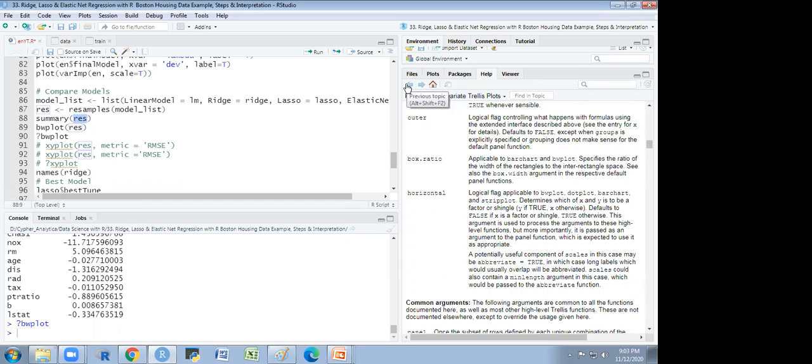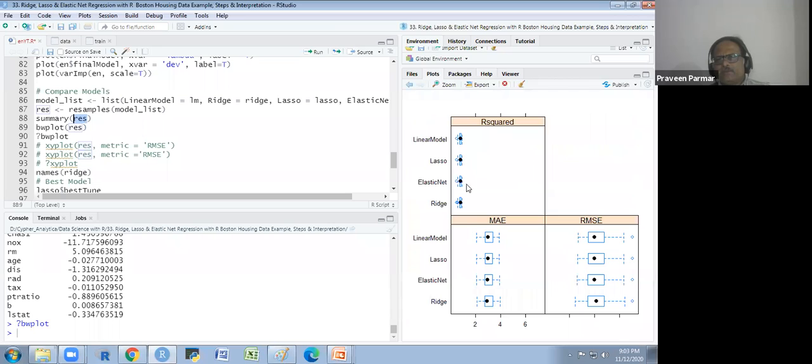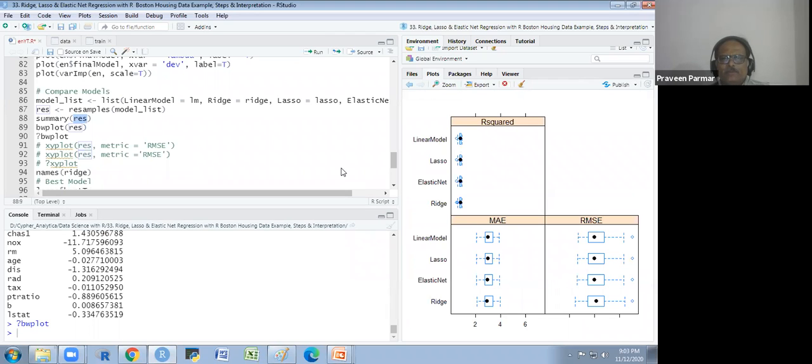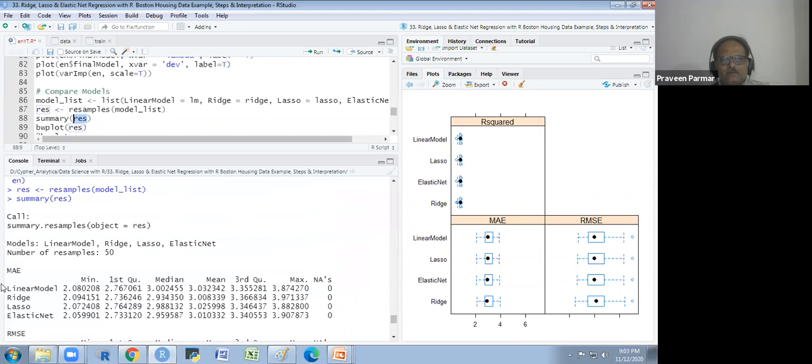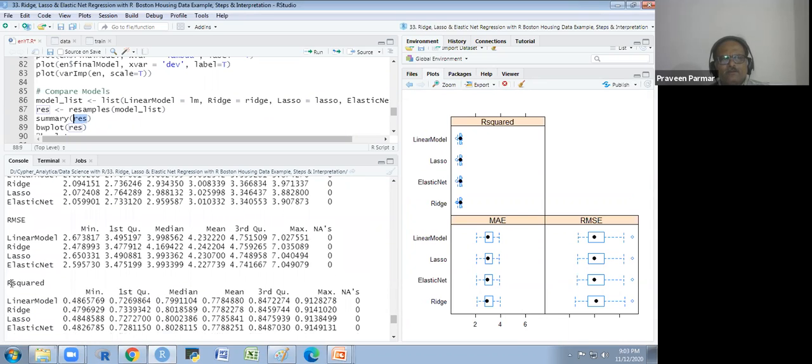What we have done in the plot is that I have created a box plot inside it, with the result R squared values, the mean of R squared, and the minimum value of the R squared. These are the R squared values for the linear model.